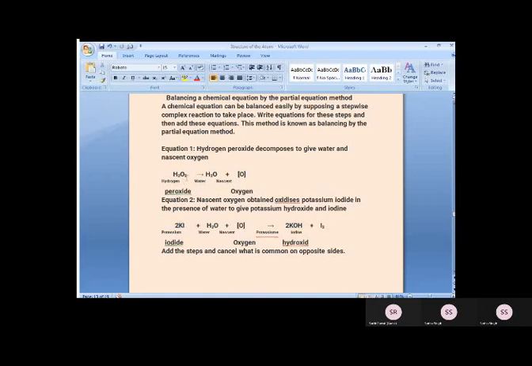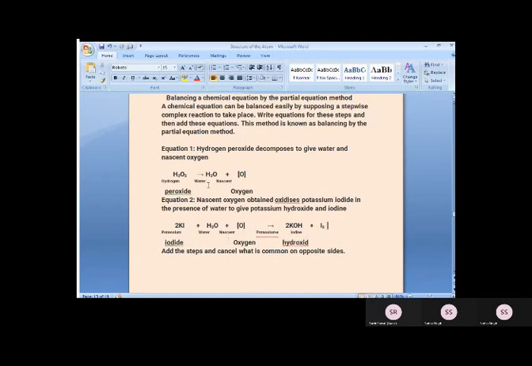Here we have balanced them also. On the right hand side 2 atoms of hydrogen, left hand side 2 atoms of hydrogen; 2 atoms of oxygen, 2 atoms of oxygen. Similarly in the second partial equation, KI: potassium 1 atom on one side, 2 atoms on the other, so potassium also 2 atoms, and iodine 2 atoms on this side. Oxygen is also balanced. So this is another balanced equation.